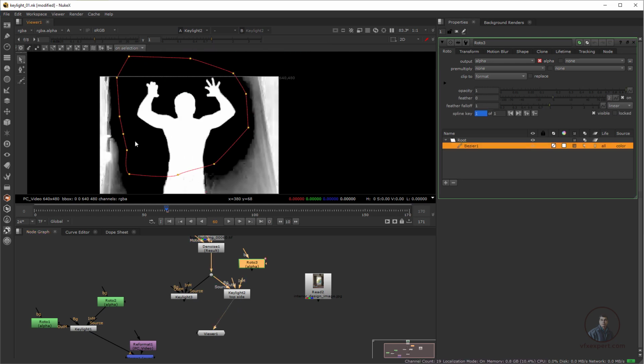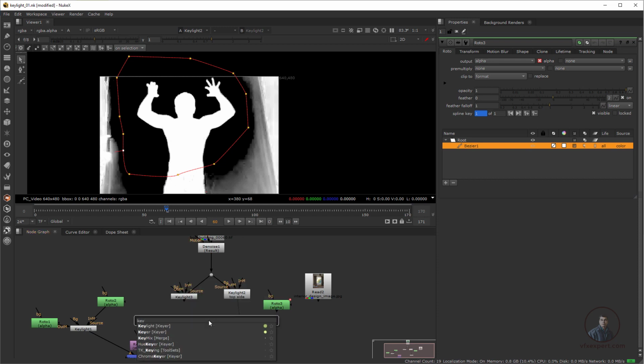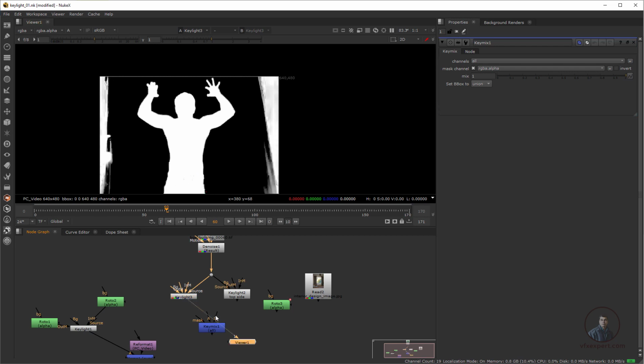So how can we combine both Keylights? We have to take a KeyMix node: press Tab and type KeyMix. In this KeyMix, B will be our downside portion, this one, and A will be this one, and the Roto we connect to the mask.